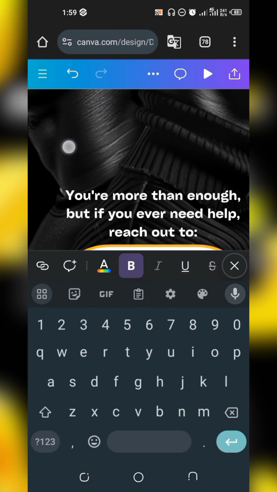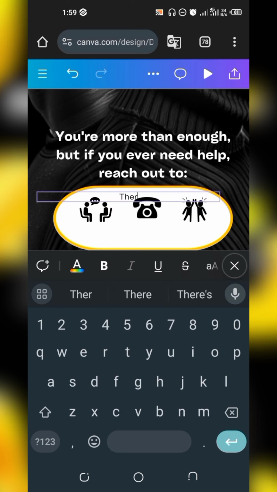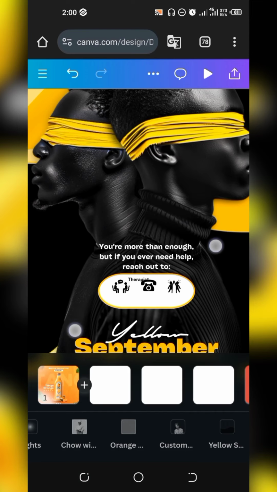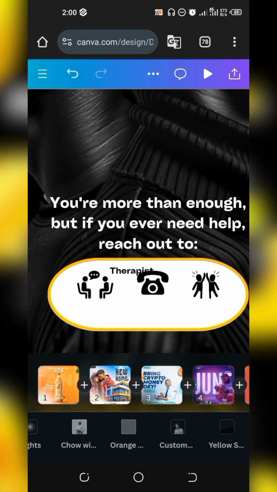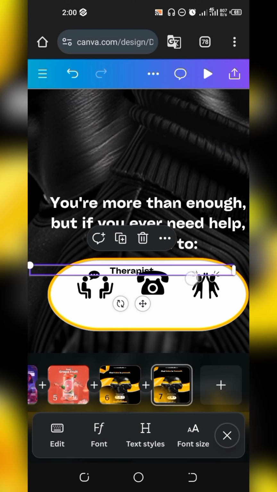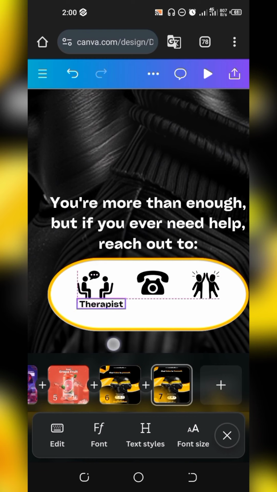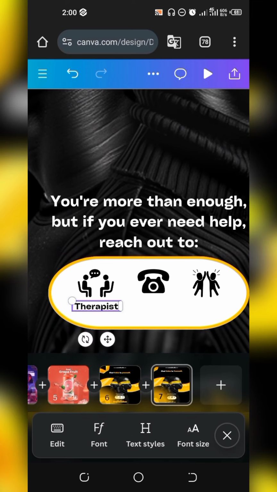Okay, and the first thing you want to write is therapist. Let's go back. It has actually changed our font size. If you ever notice that your font size was changed, just clear out everything, then start typing again from the beginning to take you back to the previous font size we're using, if it was bold, semi-bold, or thereabout. Okay, so take out the sides from this. Now this is the icon of a therapist. If you want to search this on Canva, just search for therapist and it will bring out this in your elements.